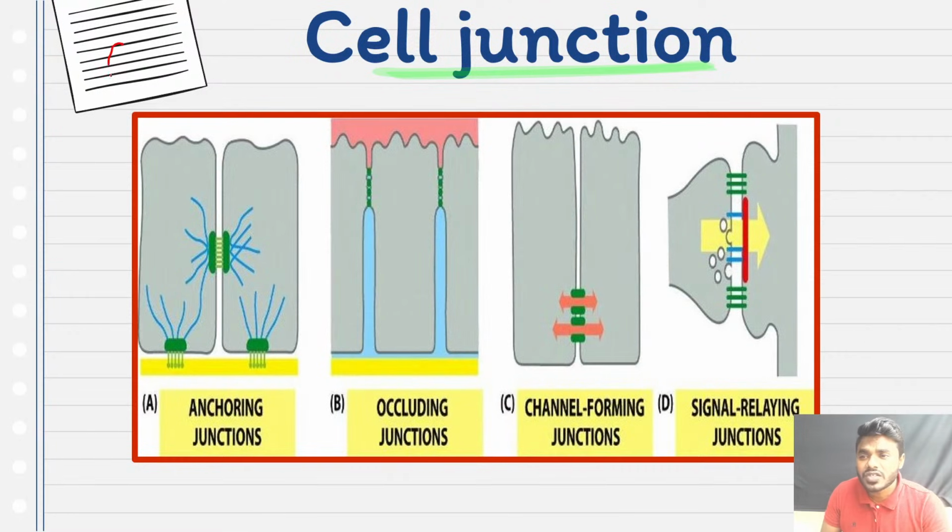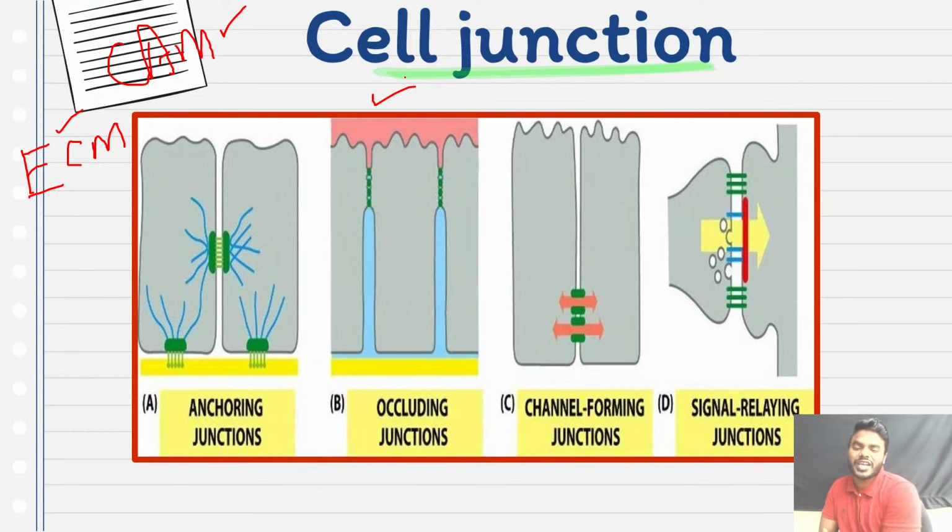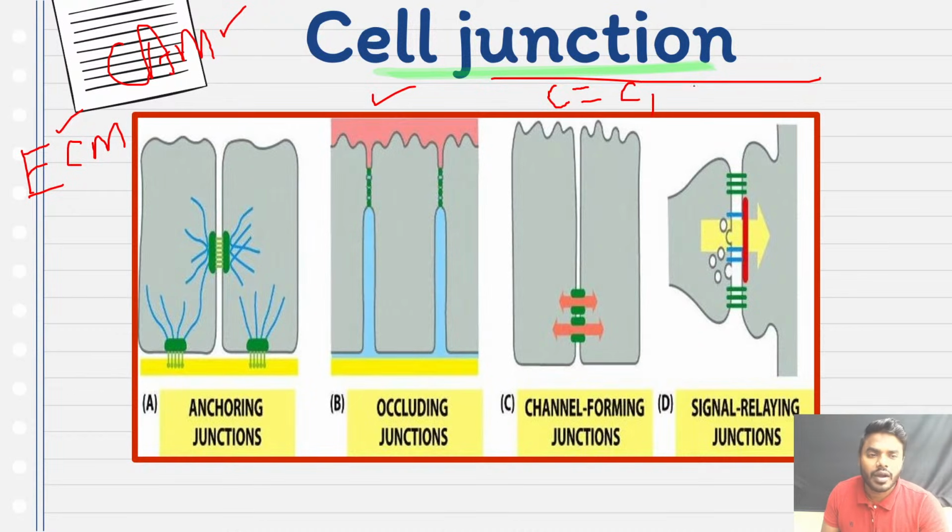Okay, so far we have studied different types of CAM molecules, especially four types of CAM molecules. Next, before going to the extracellular matrix proteins, we have to read different types of junctions compulsorily. When I use the word junction, where will the junction be present, friends? Everyone listen, the junction can be present between cell to cell, or between cell and the extracellular matrix also.